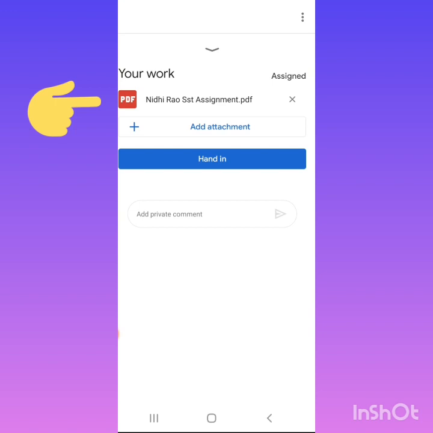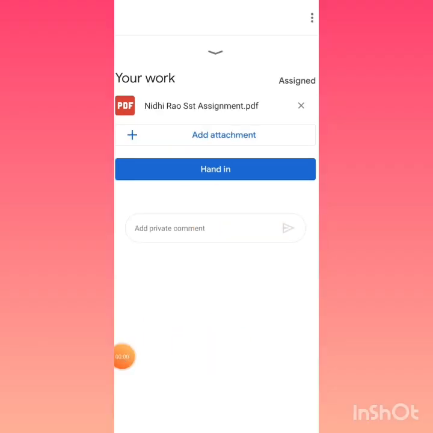That means I am able to attach my PDF to the assignment given by the teacher. I will just select hand in and my work is over. That's all. This is the easiest way to send your PDF to the classroom.